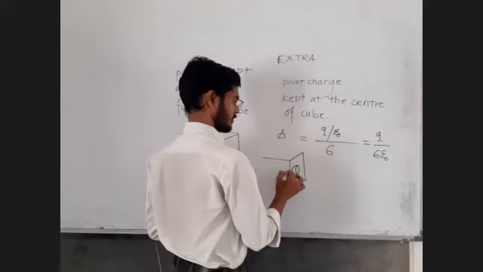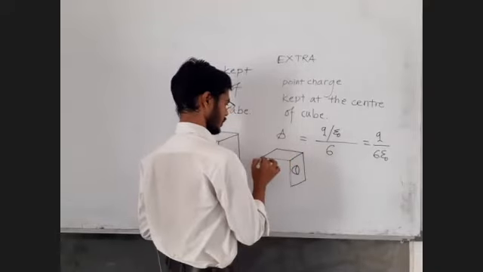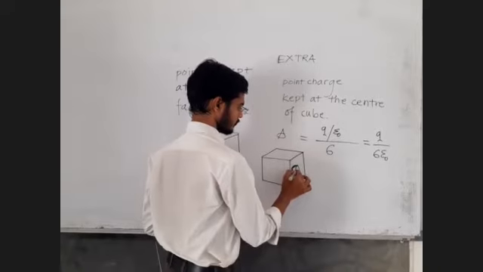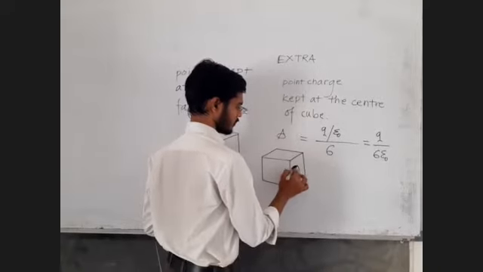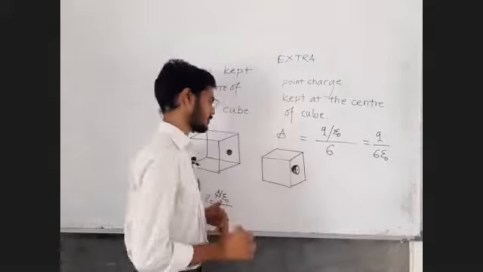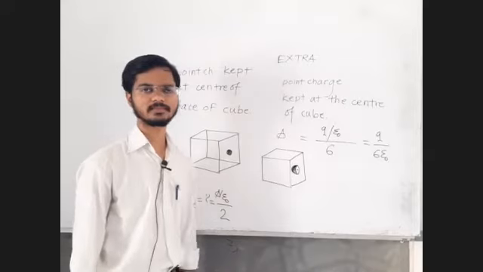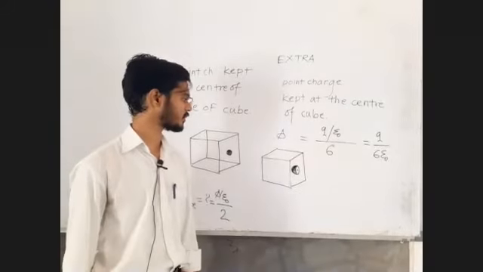Half of the sphere will be inside the cube. Can you not imagine this 3-dimensional geometry? This is the center of the cube. This is half of the sphere which is inside the cube and the remaining half is outside. Can you imagine this? Say yes or no, I am not getting sufficient replies.